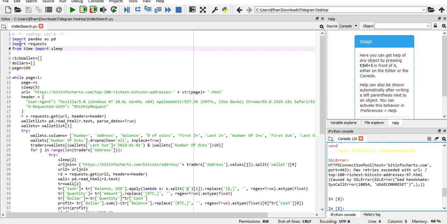Import pandas as pd, import requests, from time import sleep to have some time between the code running. Rich wallet and dollars are the two lists that we want to save the Bitcoin addresses and how much profit they have made. Then I go until page 100, and while loop. So I start from page 100 and then I just come forward. So until page is more than one,